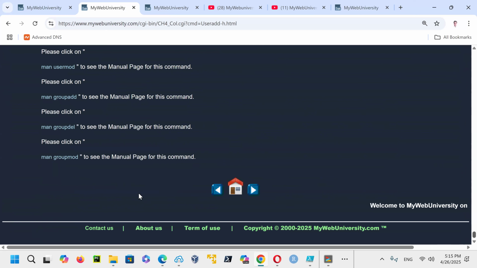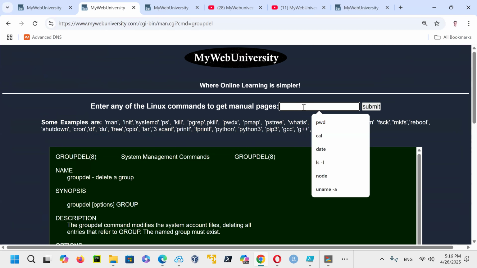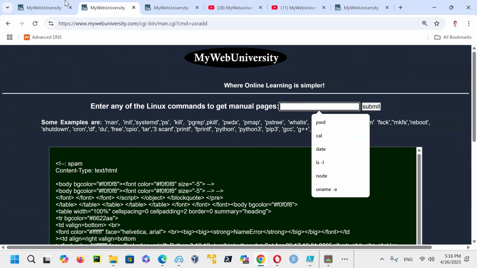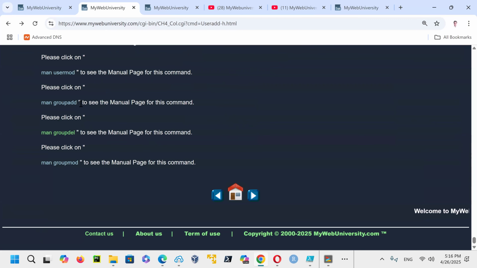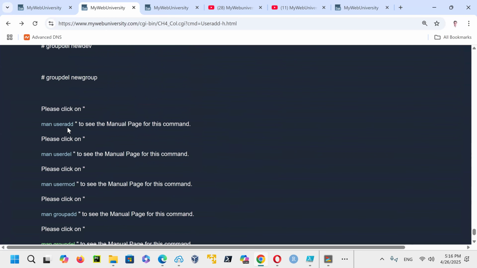And then the manual page is also at the bottom of it, to say, if you want to get a group del modification, get the manual pages. And if you say, give me user add, let me just see what is on the user add. Yeah, user mode is there, user add is there.